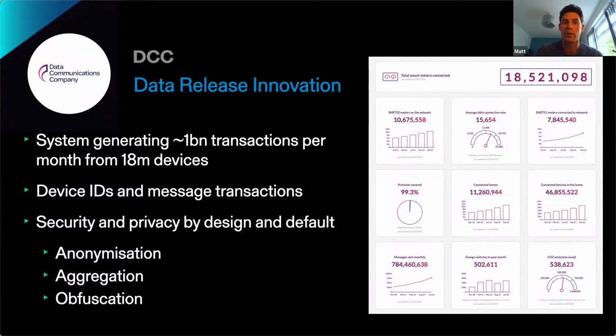Secondly, the data's been aggregated. So whilst there are individual device records, there's no address information in there. They've been aggregated to lower super output areas. That's about 600 homes on average. And then finally, we've actually obfuscated the time and date of the message, the transactions, a touch. Also, as you'd expect, we put really robust technical security measures in place. And so whilst the data modification has been really robust, we have managed to retain some utility in the data, clearly. And I think Stevie is just going to go on and talk about that a little bit.